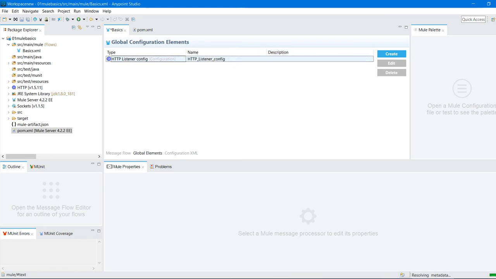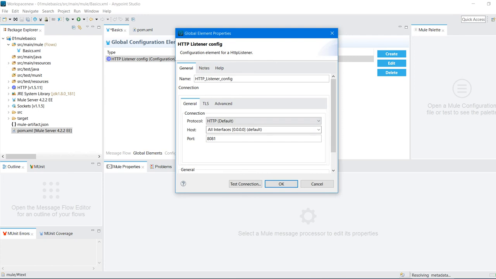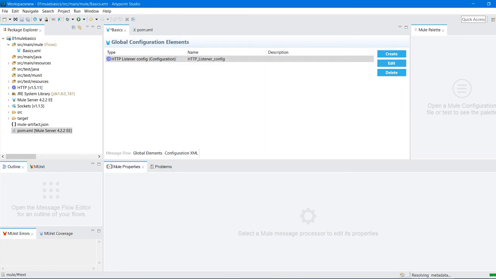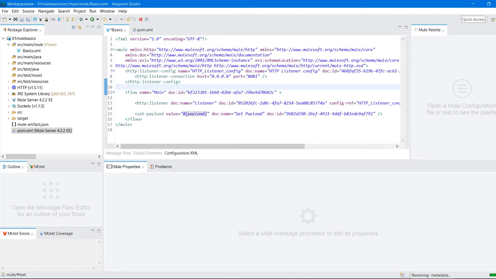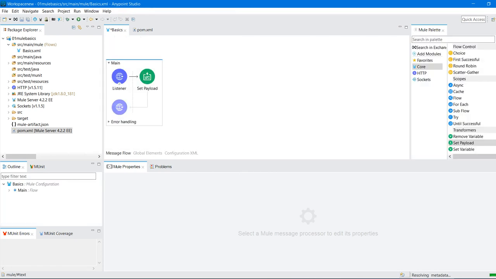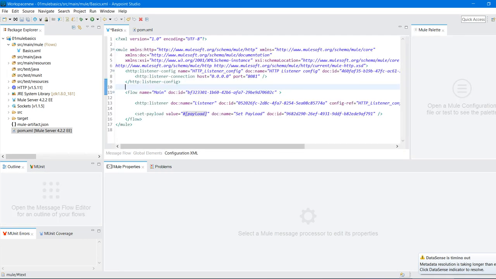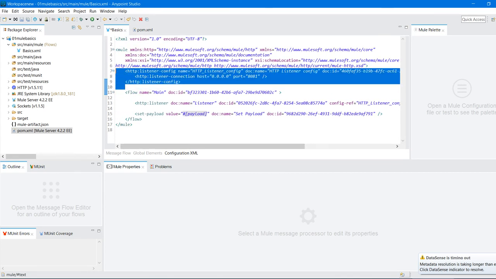If you want to edit it, just click on that and click on the edit button. The same configurations you can see there. We'll discuss global elements later. Whenever you drag and drop any connector, the corresponding code is generated behind the scenes, referring to global elements which are outside the flow.